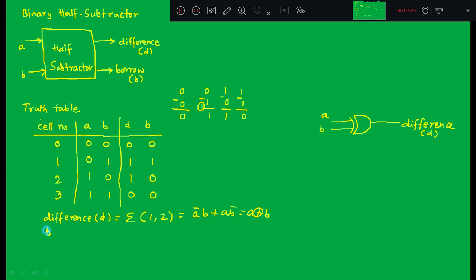Similarly, we find an expression for borrow. Borrow can be calculated as follows. At only one place it is 1, that is the A bar B combination.